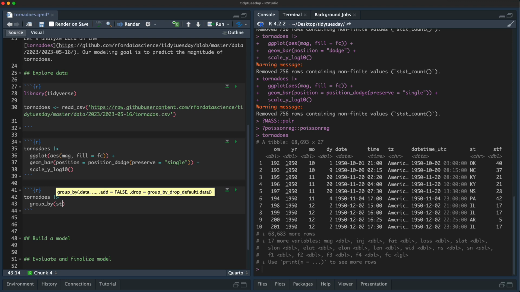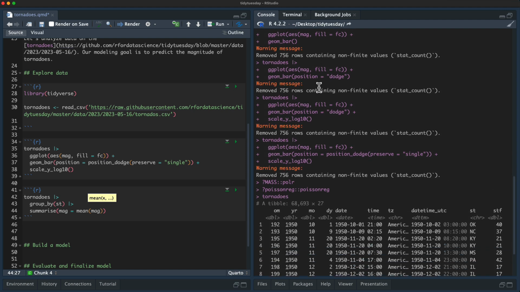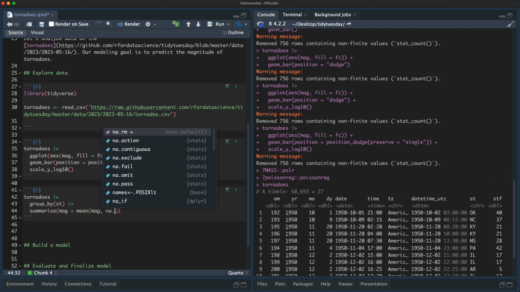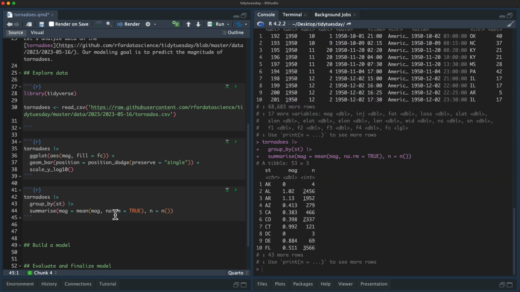state variable. And let's just calculate the mean. Remember that there were NA values in there. We saw those pop up in the plot. And if I'm summarizing, I always like to look at the N, how many are there. So you can see here, very few tornadoes in Alaska, and they are very mild.